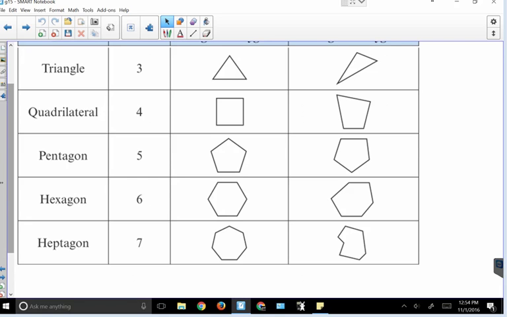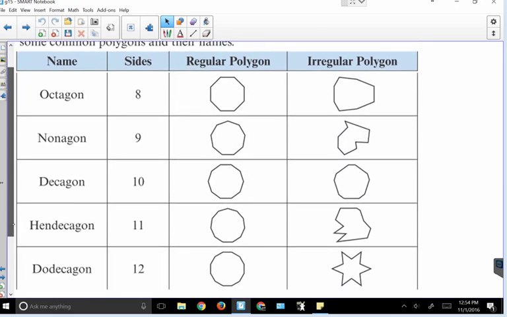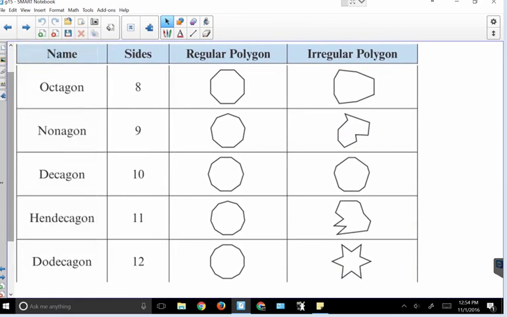So, here are the next ones. Ready? Here are the rest of them. Nonagon, yeah. And no, that doesn't mean that it doesn't have any sides. Nonagon just simply means that it's